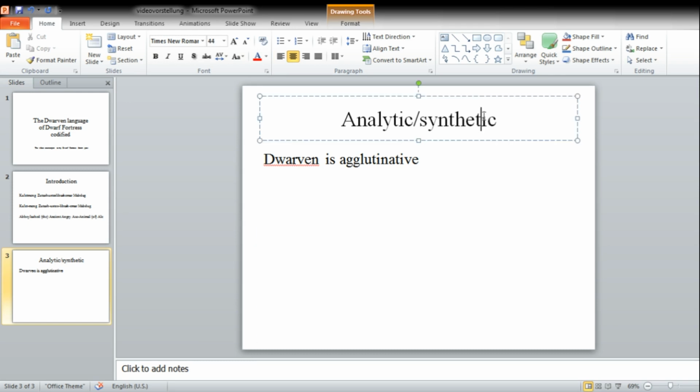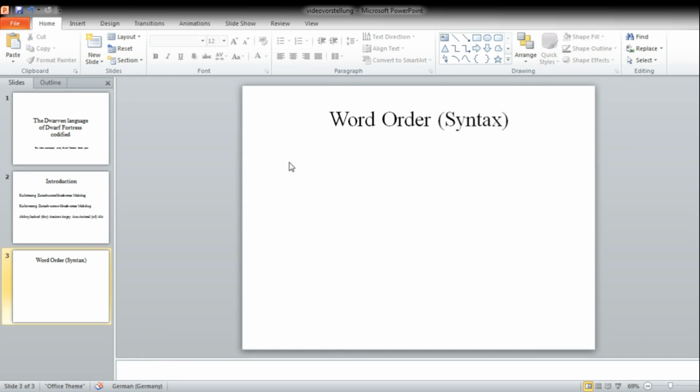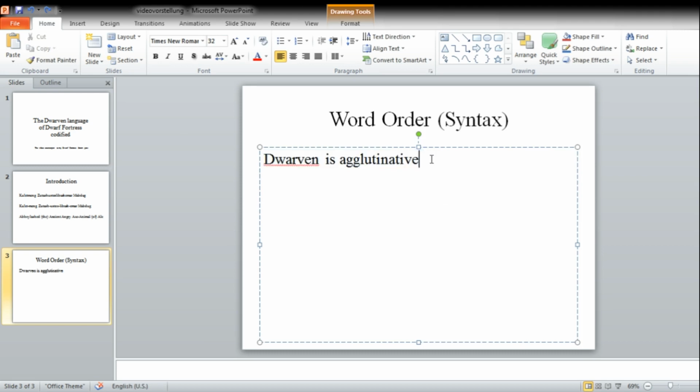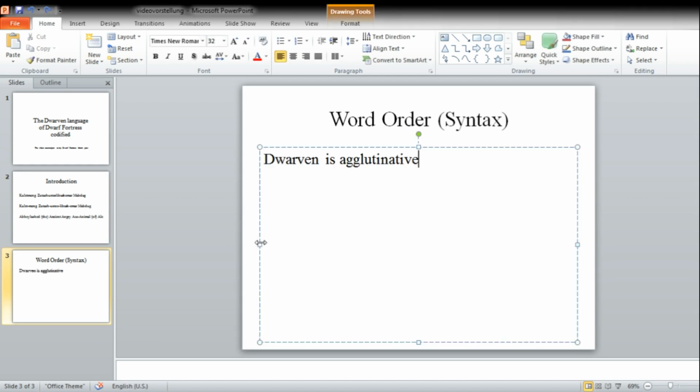And now we can go to the word order, also known as syntax. So, in Dwarven, the word order is extremely important because... I can't click on this. Okay. Word order is extremely important because the words are not declined, and so you can't know what something means just by looking at it. You need to see where it is in the sentence to know what it means. So, I made the word order of Dwarven